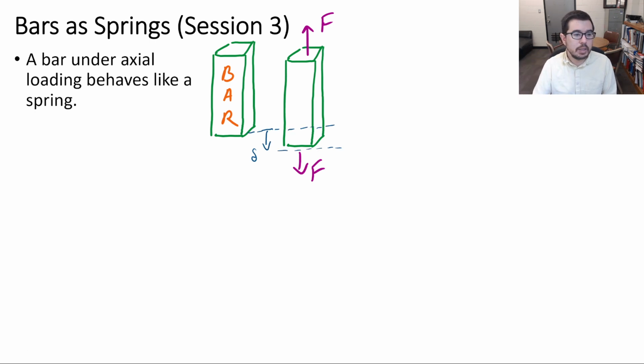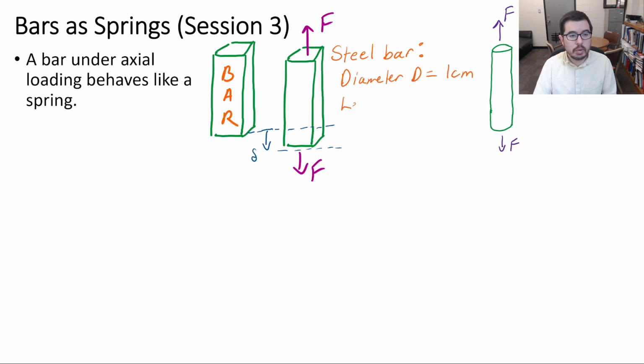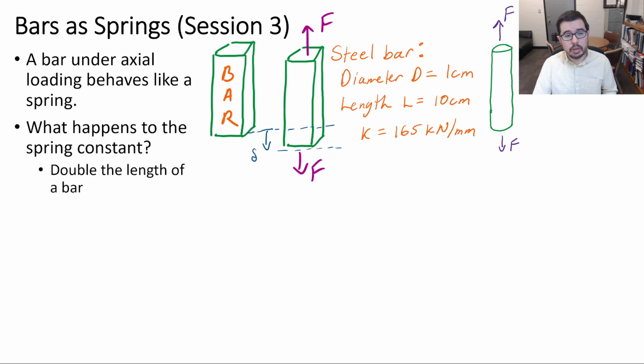What we discussed is the scaling of the spring constants associated with bars and how they scaled with diameter and how they scaled with length, and how we could make use of these scaling parameters to calculate new spring constants for bars that were under